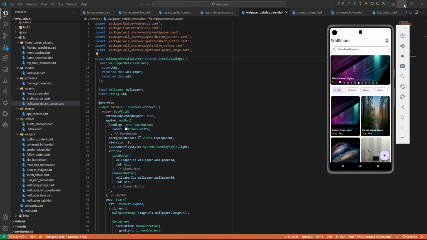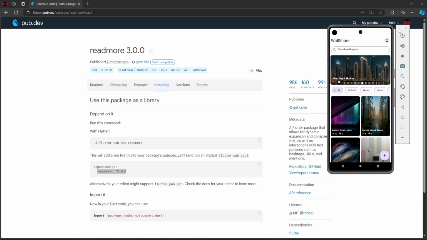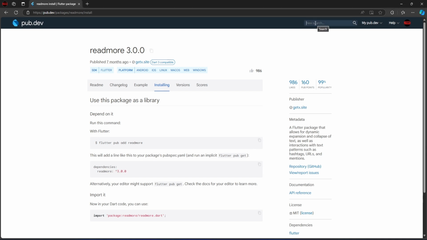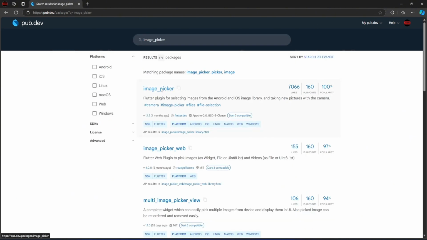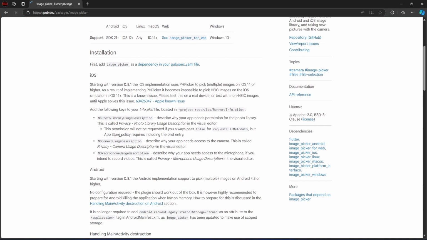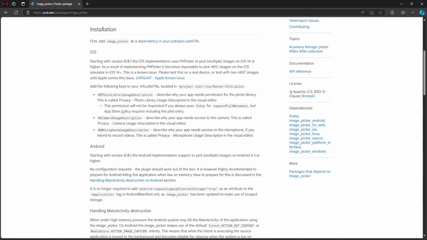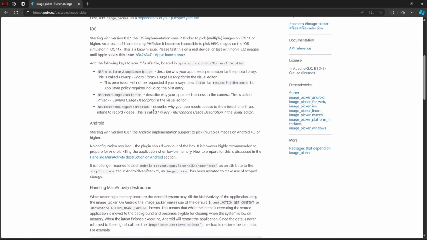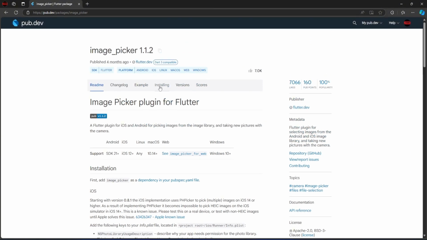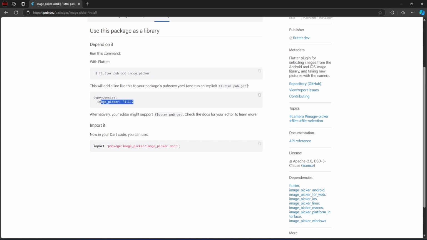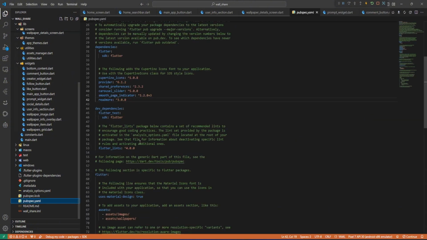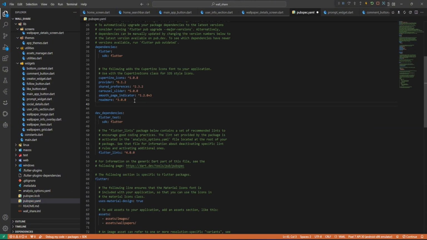So first I'm going to minimize this, and then I'm going to minimize this as well. So here, let's first search for image picker. This one over here, let's click on it, and this is the readme for iOS. We need to add this in info.plist as required. So first let's go up to installation. We're gonna copy that, go back to our application, go to the main pubspec.yaml file, and paste that. Now we're gonna add that